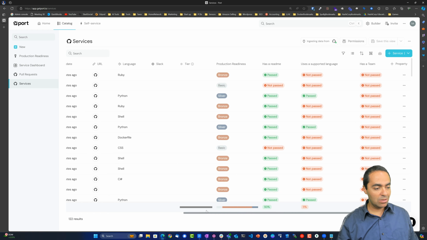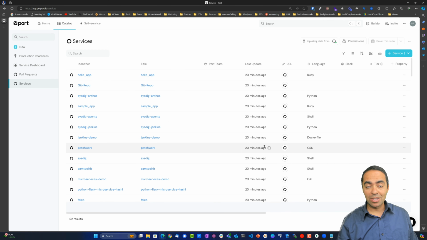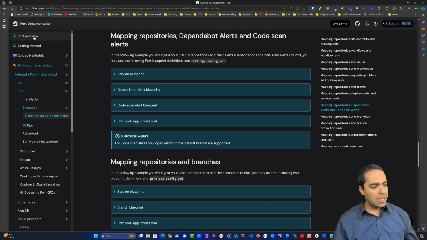Out of the box, there's quite a bit of visibility into what's going on with my GitHub repos. So that's pretty exciting. Next, let's take a look at Dependabot alerts, how we can pull these into Port, and also code scan alerts. So I'm going to be following this guide here, mapping repositories, Dependabot alerts, and code scan alerts. And what this is going to require us to do is work with some blueprints, which is great